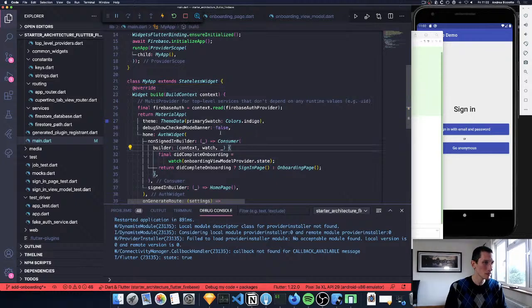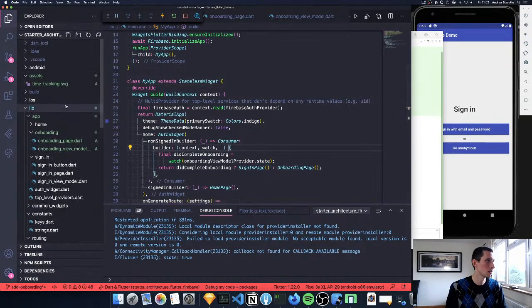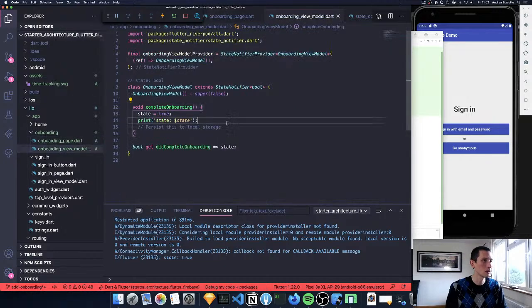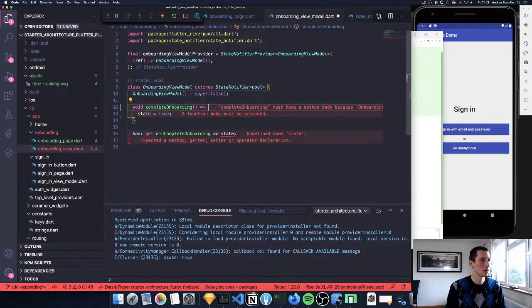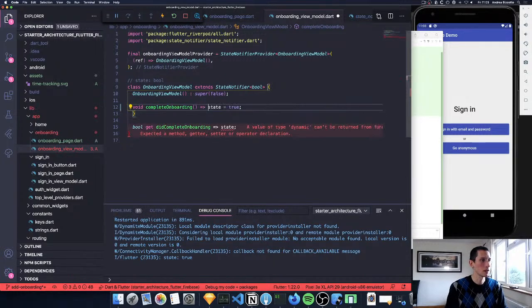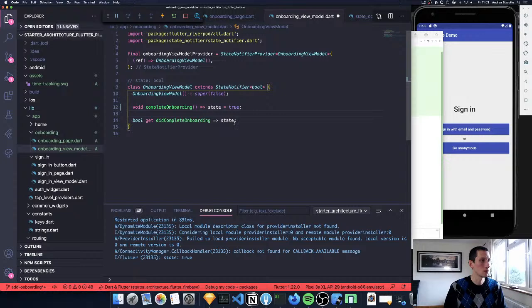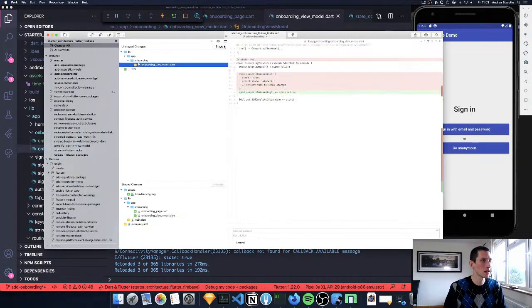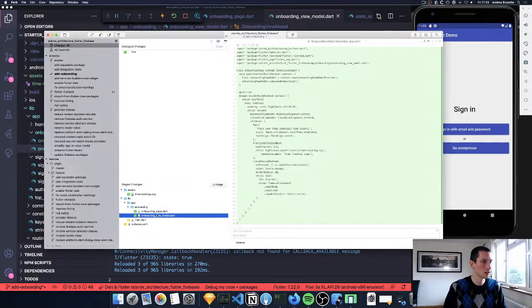So I think I'm just gonna quickly clean up this view model like that. Do state is true like this, and do it like that. I can probably clean some of this code. There's still improvements that I could make, but for the time being,